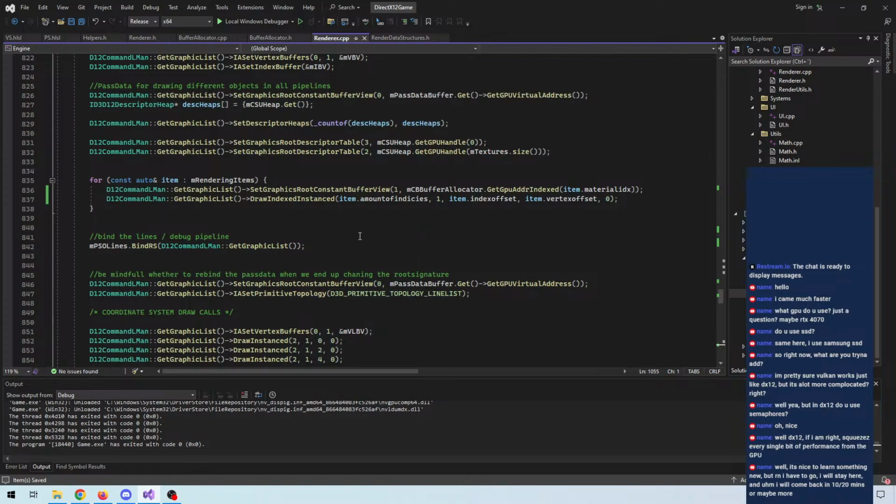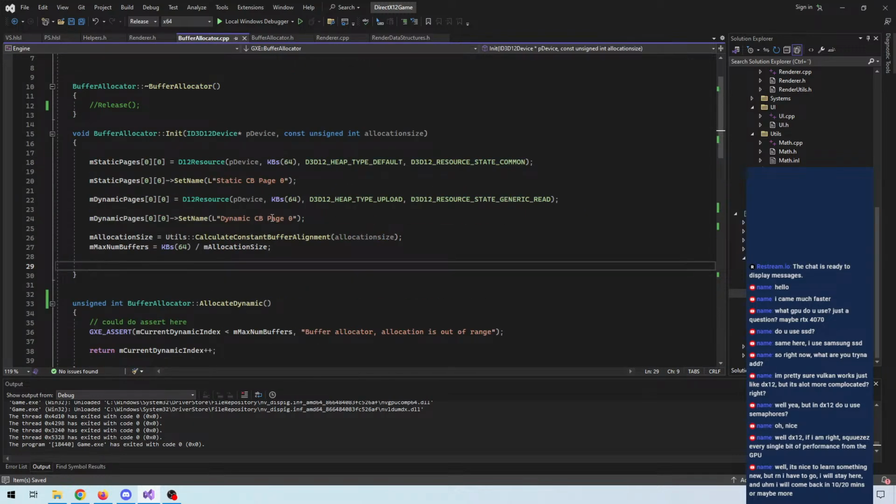We can now use our buffer as a write destination for every object that needs a dynamically assigned constant buffer. We will right now support a maximum of, I think it's 256,